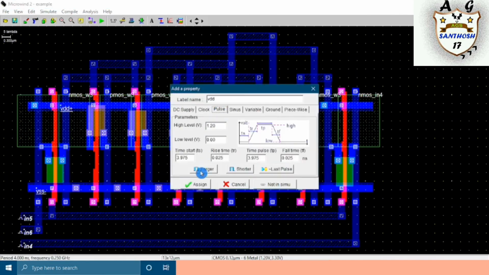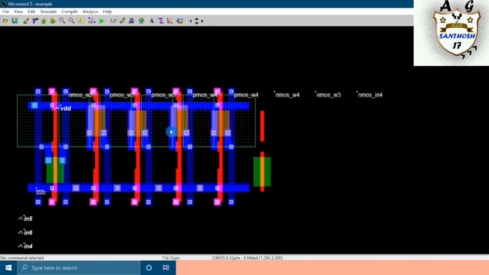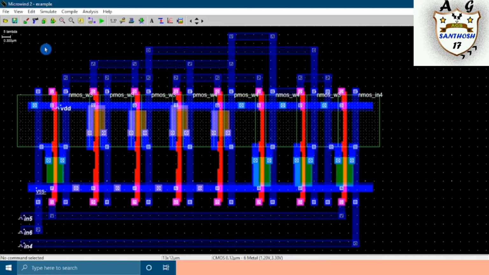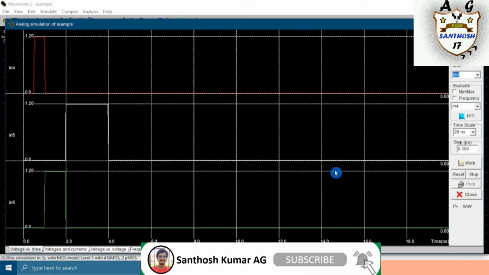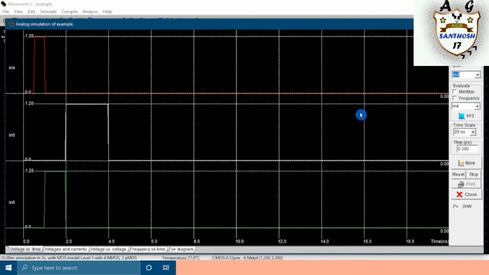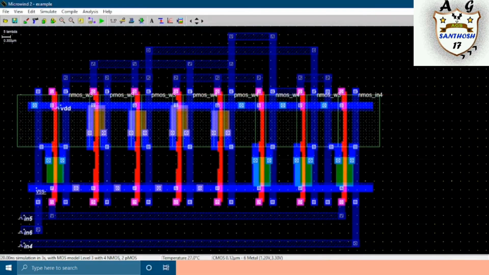Once done with assigning, save this without any extension and give the run button. This is the voltage versus time graph of 6T SRAM. To view it in 3 dimensions, click on this 3D icon